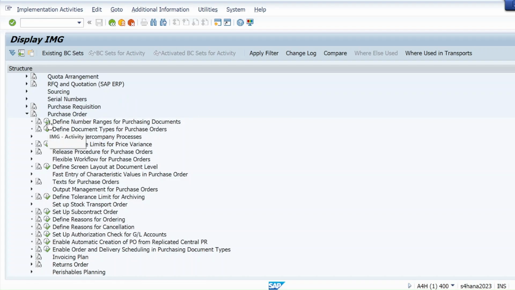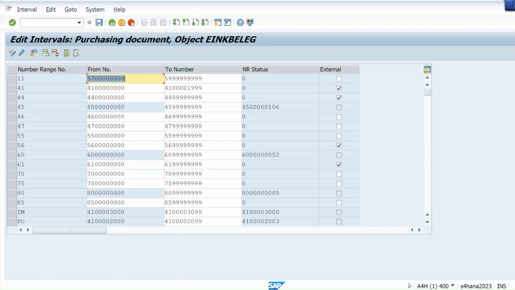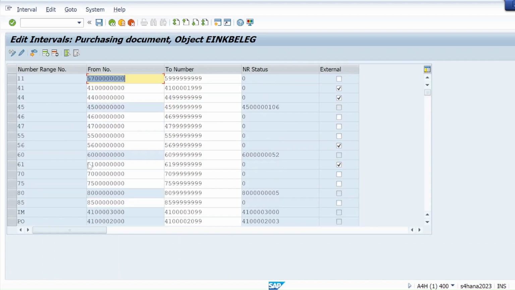Just execute this first option and click create. From here you can create the intervals, from here you can display the intervals, and if you want to change the NR status, you can change it from here itself. If you want to make changes in the interval, you need to make that NR status 0.